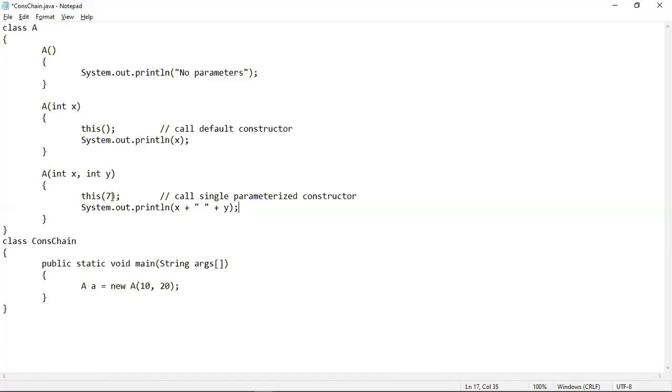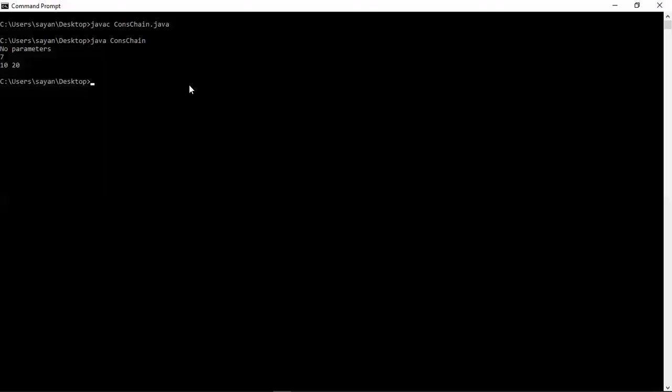And here you can see that we have called one parameterized constructor from inside another parameterized constructor body. As I have just described, the first output is no parameters, the second output is 7, the third output is 10 space 20.